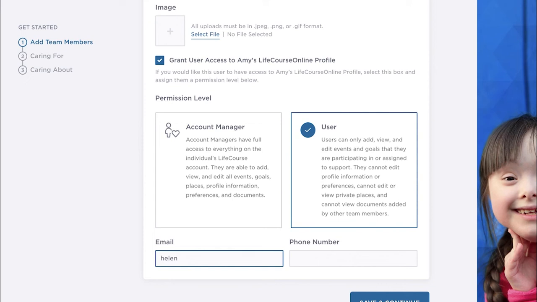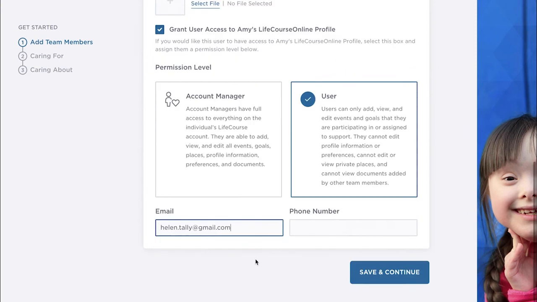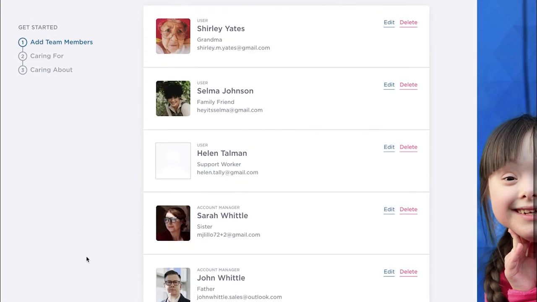And that includes the email invitation to join Amy's dashboard that they're going to receive when I add them to Amy's team. So just be aware that any team member that you give a permission level to is going to receive an email inviting them to join. So I'm feeling pretty good about my team, so I'm going to head over to the caring for and caring